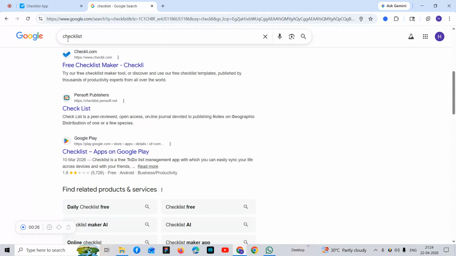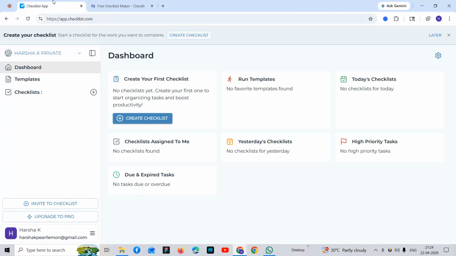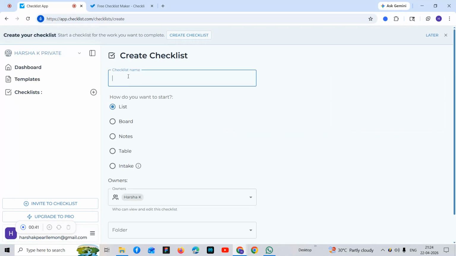Let's open checklist.com, and here I'll name the checklist as a client onboarding checklist. Let me click on this, create a checklist, client onboarding checklist.